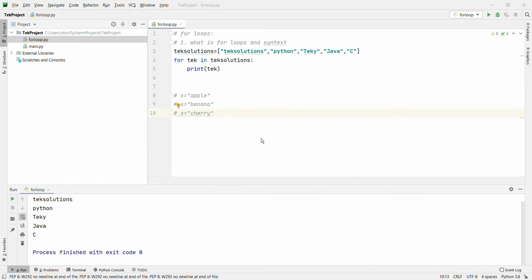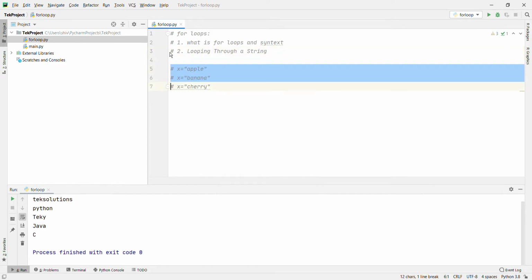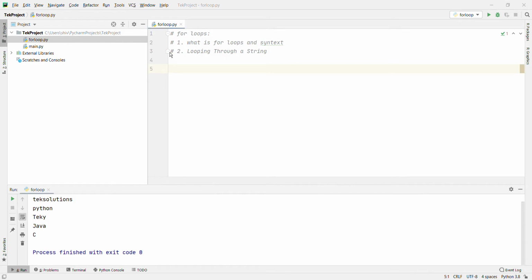Now we'll go with looping through a string. Even strings are iterable objects, because they contain a sequence of characters. Let's remove this one. Second one: looping through a string. For x in banana, colon, always have the colon, and print x.